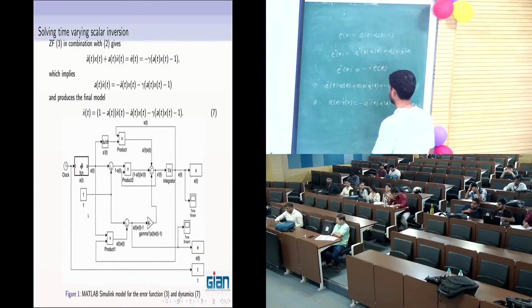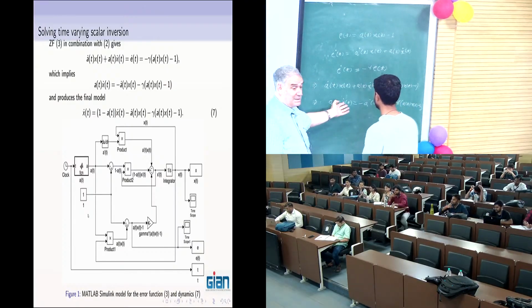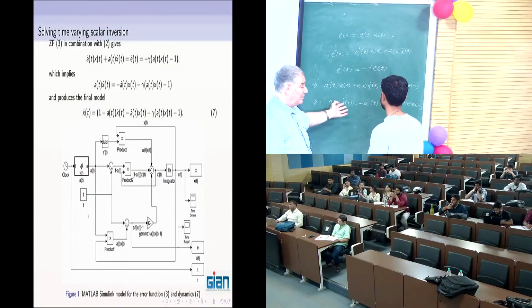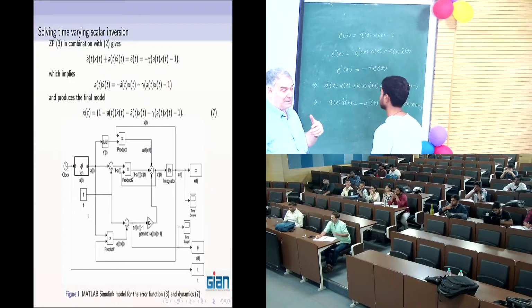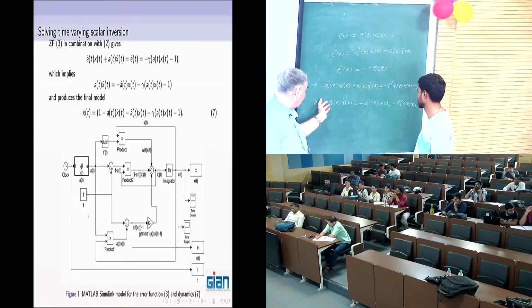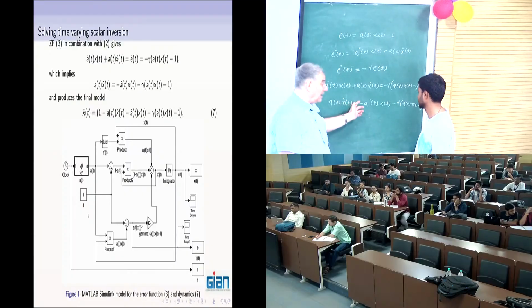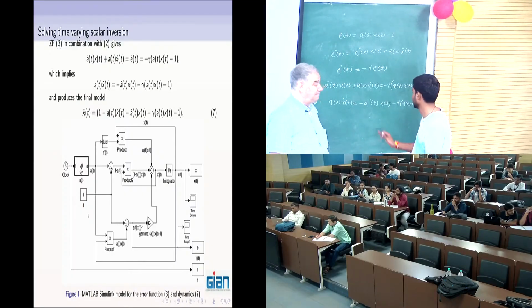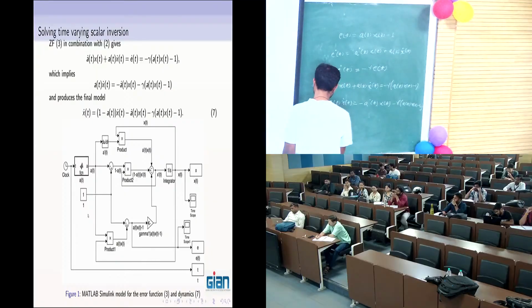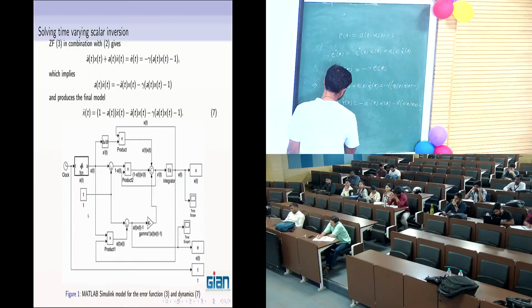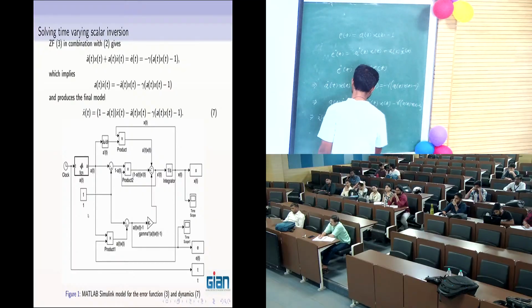This model is in implicit form with respect to x dot. To obtain it, add x dot left and x dot right. Then here we will obtain x dot, and after that